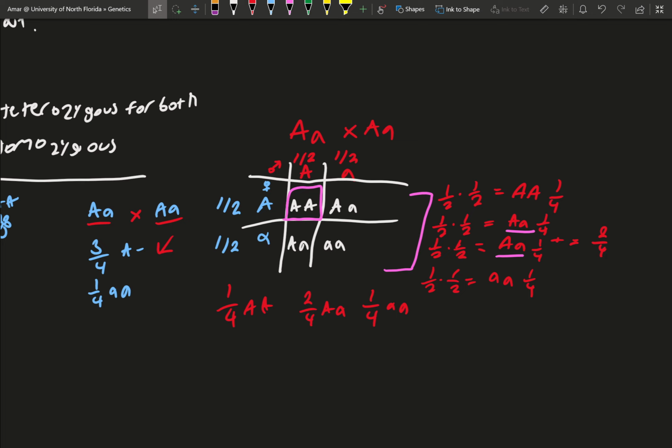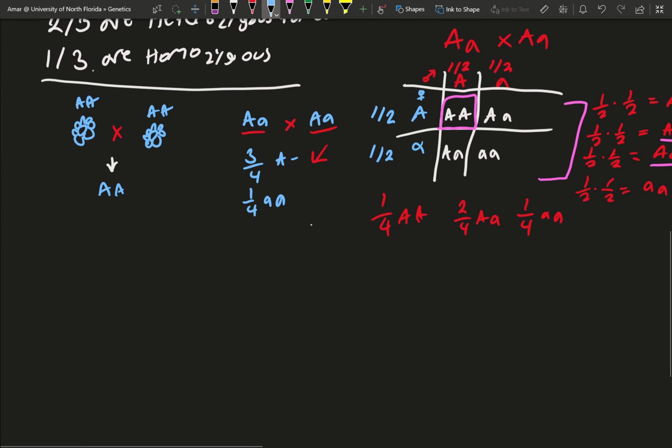I recommend students just memorize all the different possibilities that you can get for a single gene cross. You can have some other instances too. We can try some different ones as well if you want to. So let's try a different one. We can try big A with